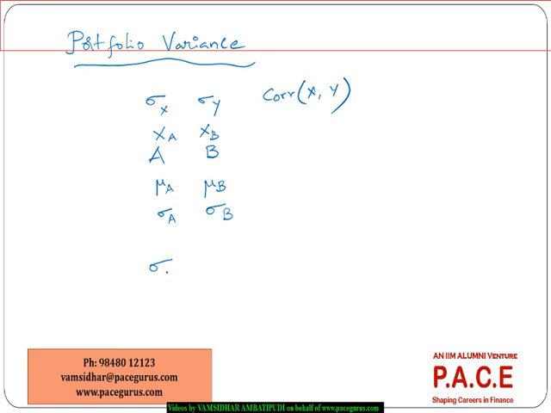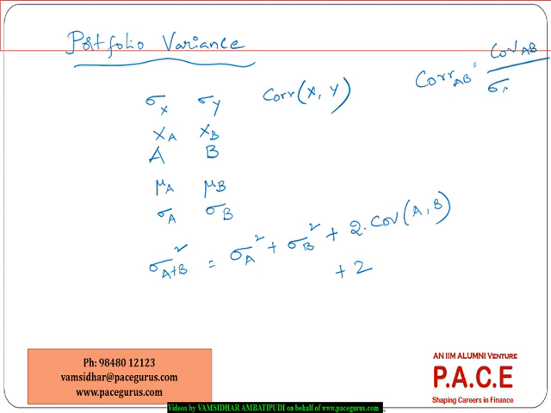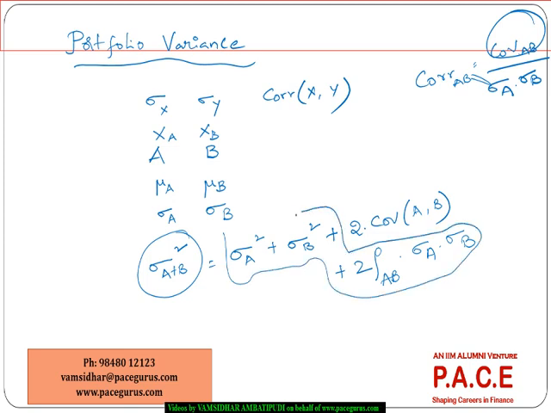Now if I want to know the variance of a portfolio, it is nothing but the variance of A plus variance of B plus twice the covariance between A and B. Now we know the correlation of A and B is the same as the covariance between A and B divided by the standard deviation of A times the standard deviation of B. So I can find the covariance as a multiplication, which is the correlation between A and B times the standard deviation of A times the standard deviation of B. This is what we get as the formula for the variance of the portfolio,